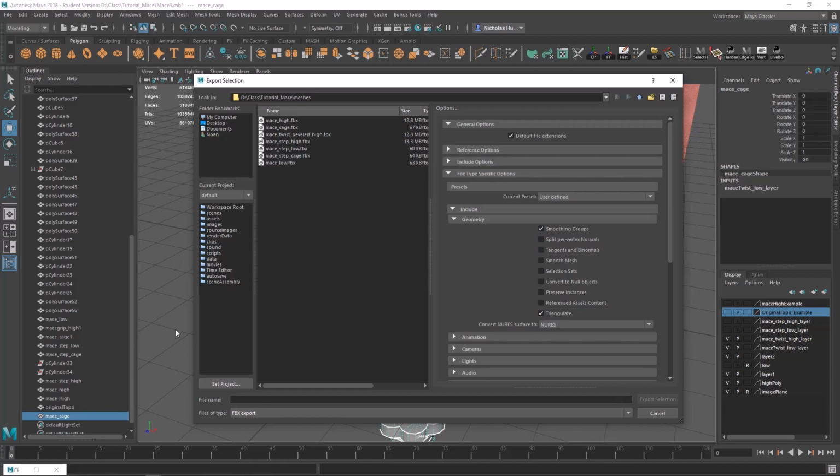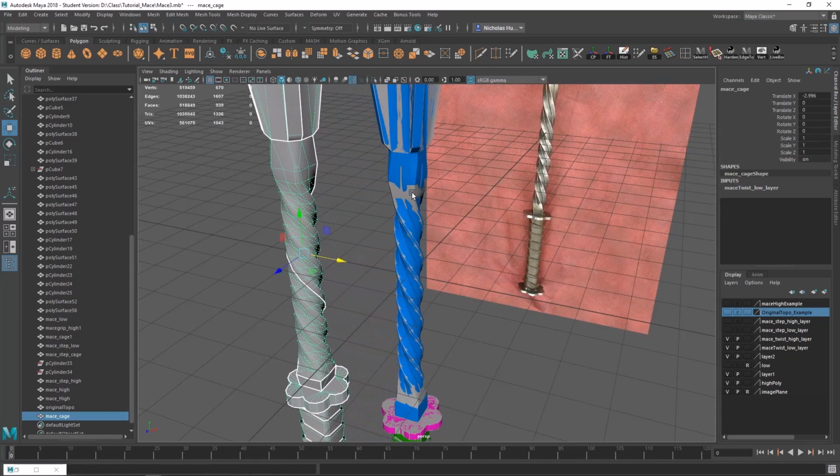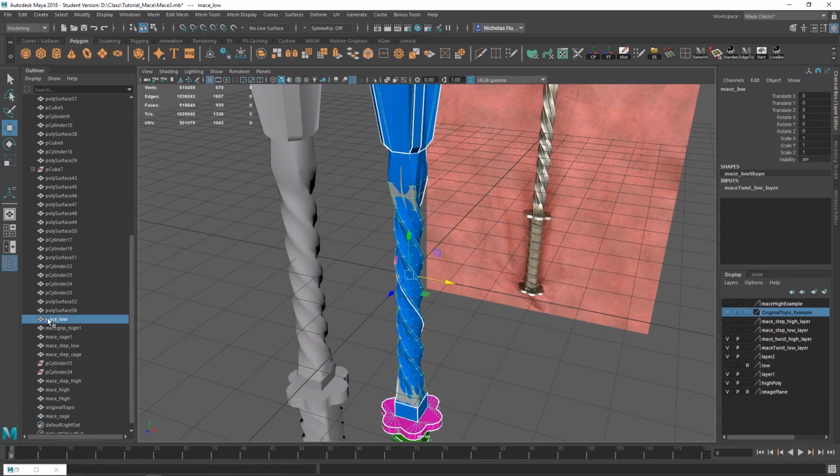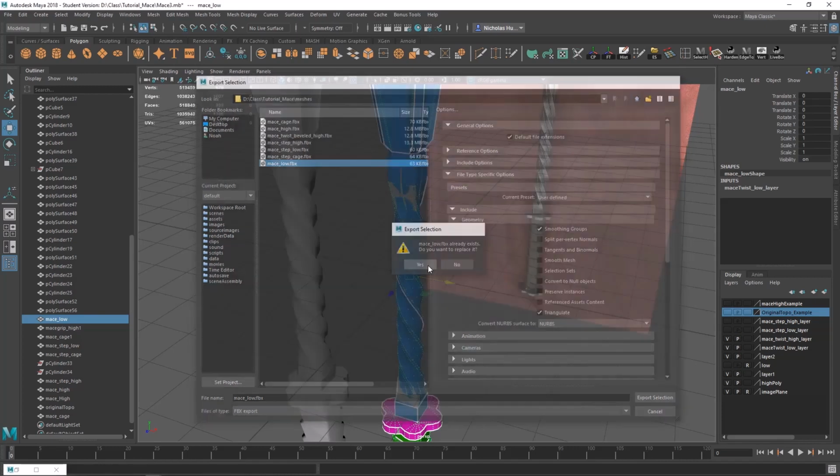And this is the cage, so mace underscore cage. I already have one here. Export, overwrite for me. Gonna move it off to the side. Just gonna click which one comes up. It is the mace low. I'm gonna tap G because we just did an export, so sensibly it should do it again, right? There we go. Triangulate, smoothing groups, and it's the low, so let's find the low, mace underscore low, export selection,